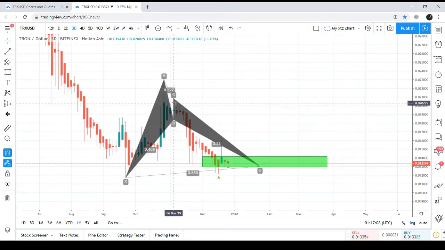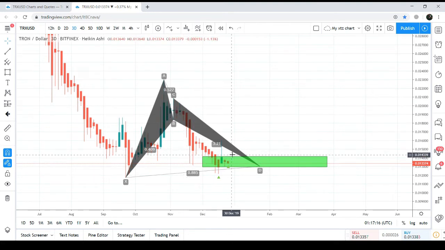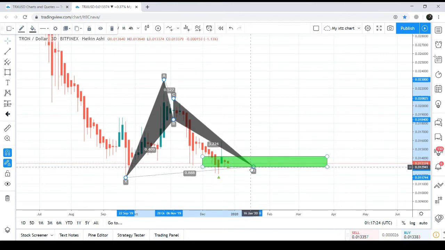Now, the final leg was supposed to retrace as per the bat pattern from 0.786 up to 0.886 Fibonacci,